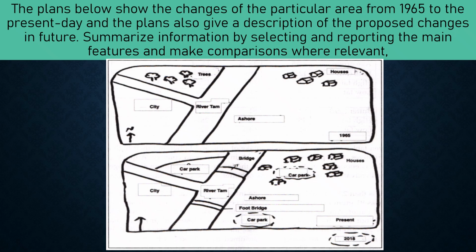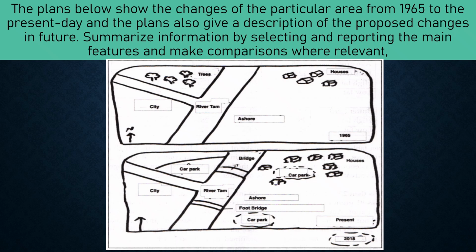We will summarize it. Then in the second paragraph, we will express the first city plan that was in 1965. And in the third paragraph, we will compare the modern plan with the old one. And in the fourth paragraph, we will conclude it. So let's summarize the